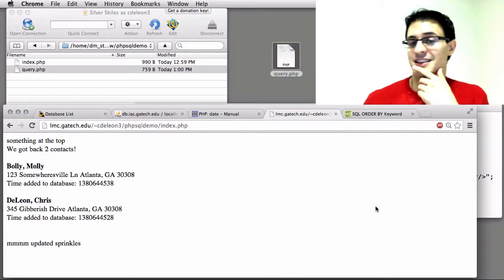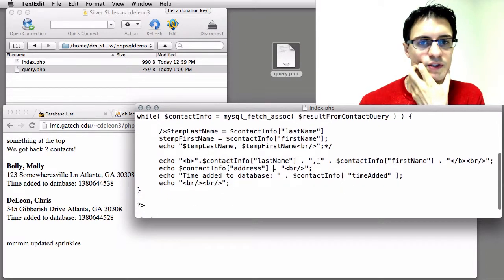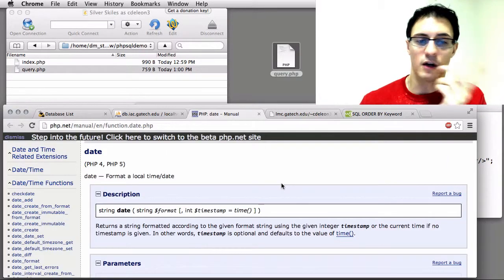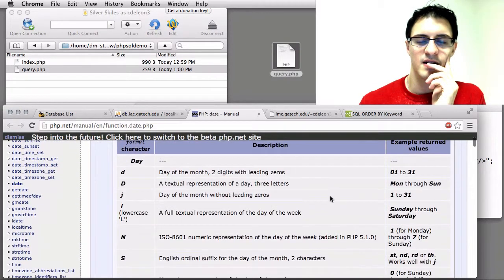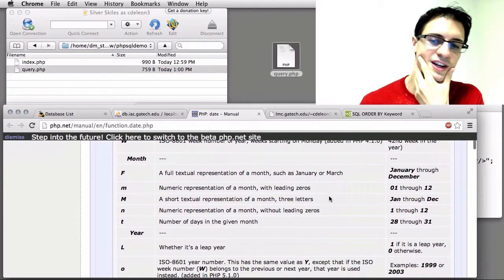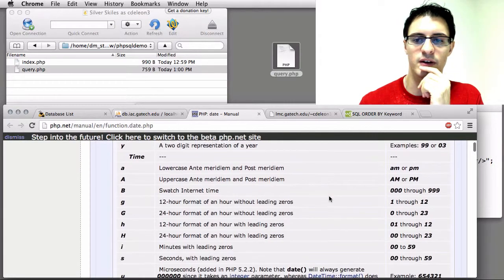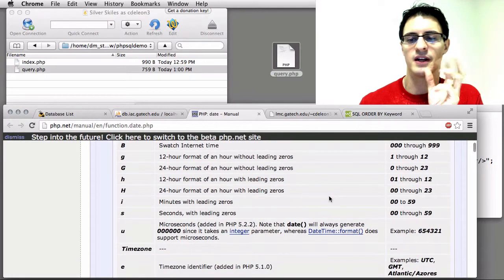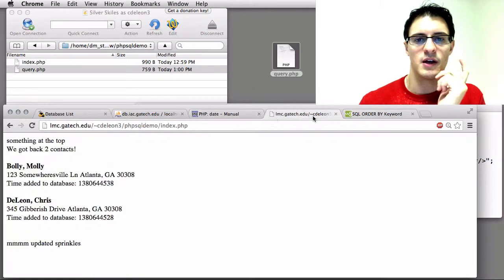Let's say we want to present that as a date, as something meaningful. What we can do with that is there's something in PHP, I've got it open, called date, and it returns a string of a given format. There's a ton of ways we can format this. We can get the day of the month, the day, the years, abbreviations of months, years with placeholder values or different numbers of significant digits. We can account for different time zones. What we're going to do